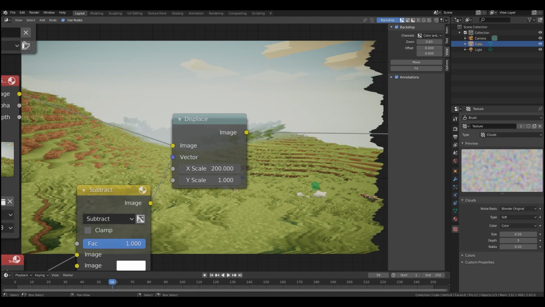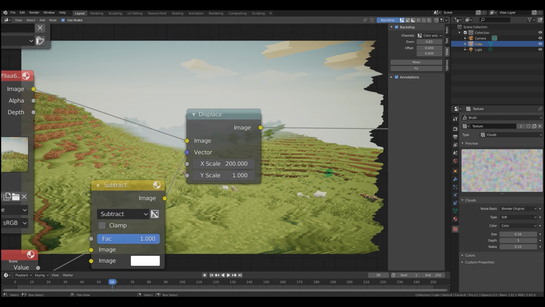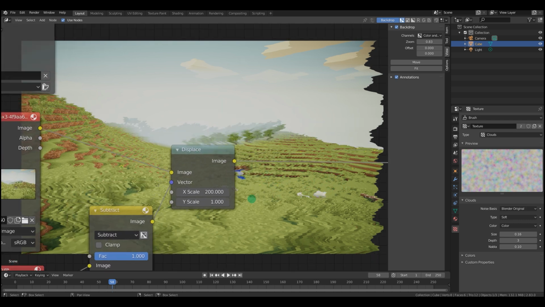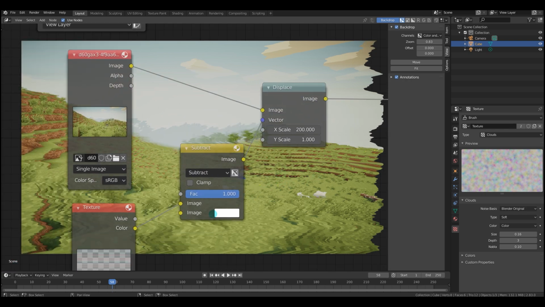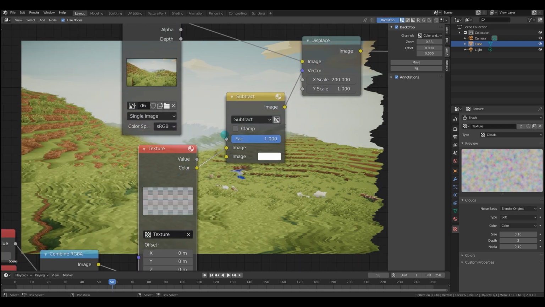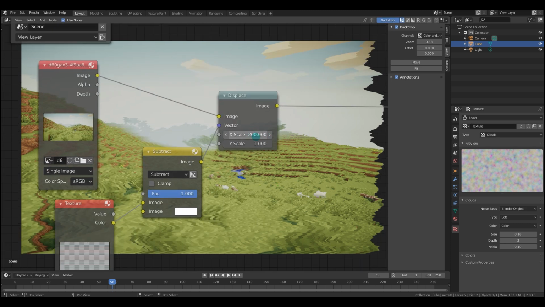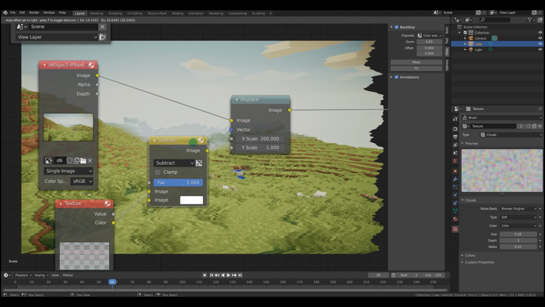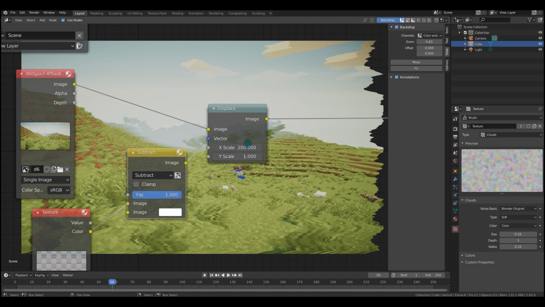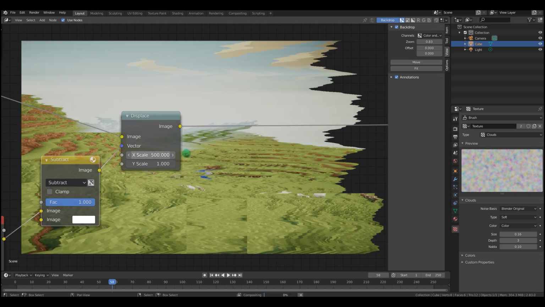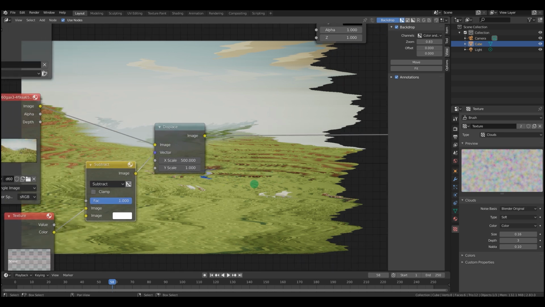The displace node can be used to displace parts of an input image based on an input vector. You could use this for glitch effects, wave effects, or other distortion effects. What I'm doing here is importing a noise texture, which I've scaled using some value nodes. And then what we're doing is scaling it on the X with a displace modifier, using it as a vector, by 200. And this is the effect that we get. We could, of course, increase this to something like 500, but by that point it's just getting kind of silly.